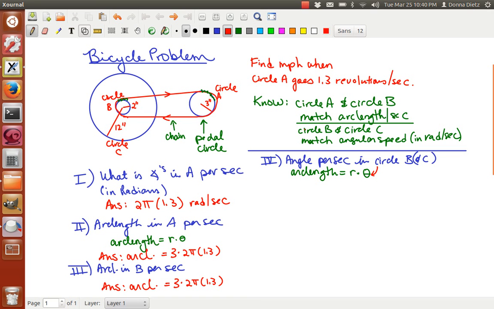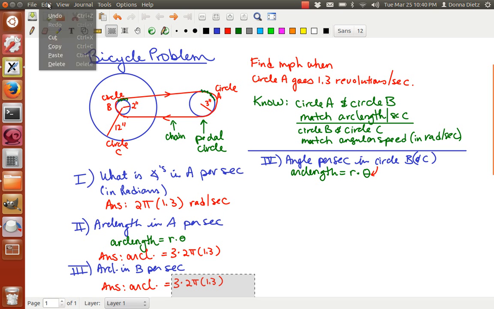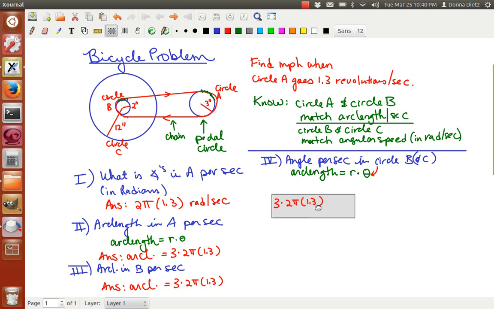Arc length has to be over here, so I'm going to copy this guy, because we said that's what it was, it matches. And then radius of circle B is 2, and theta